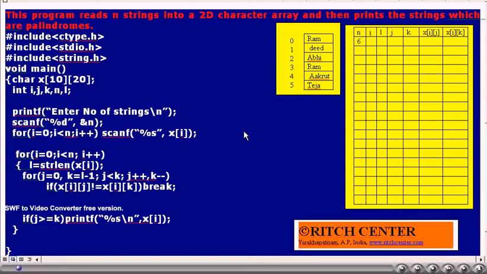Remember, many times we have written programs to check whether a given string is a palindrome or not. How did we do previously? The first character and the last character are compared. If they are same, then the second character and the last but one character are compared. If they are also same, we will compare the remaining pairs. If all the pairs of the string are same, then that string is called a palindrome. Otherwise, it is not a palindrome.